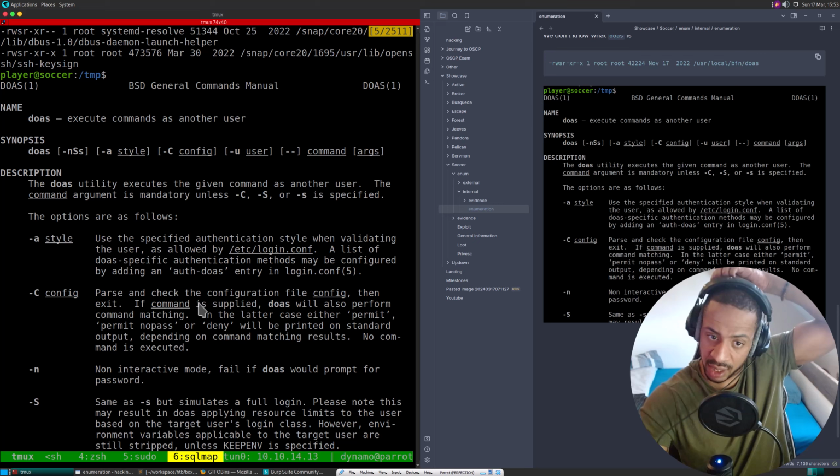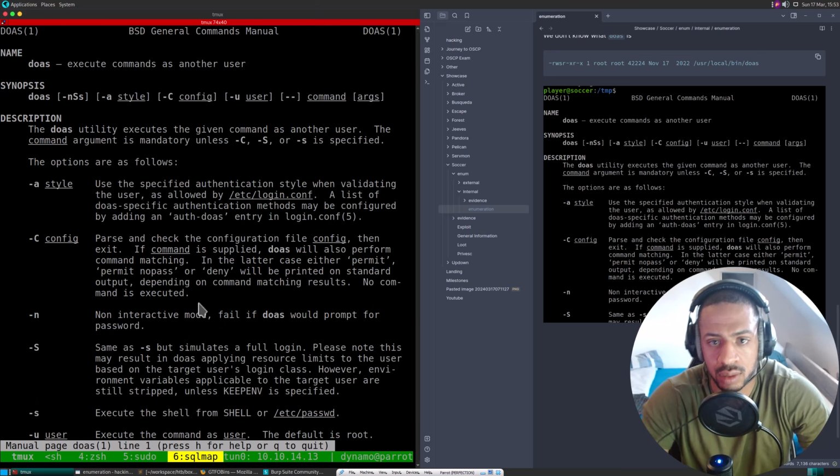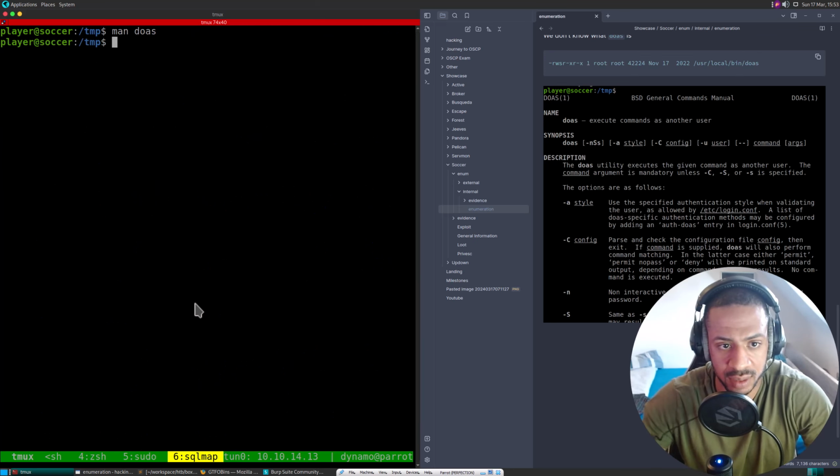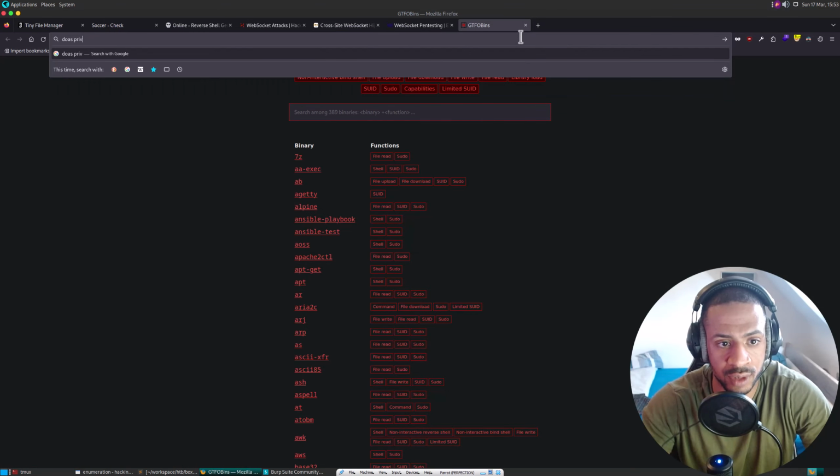The doas utility executes the given command as another user. Okay, can we do something with this? doas privilege escalation.